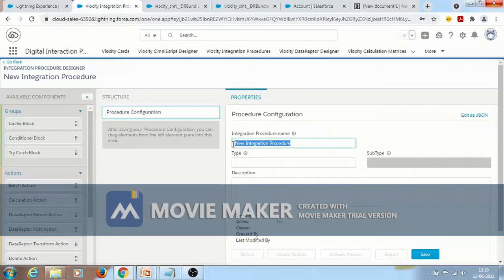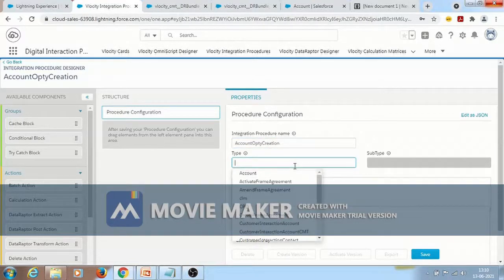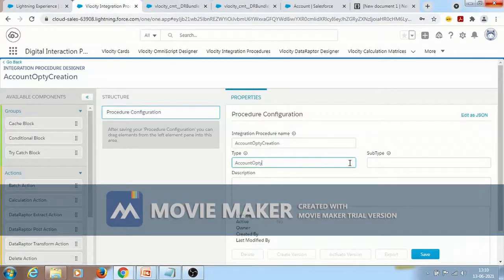We can give any name, like account creation. Type and subtype should be unique names to identify the integration procedure. I'll give account in type and creation in subtype.